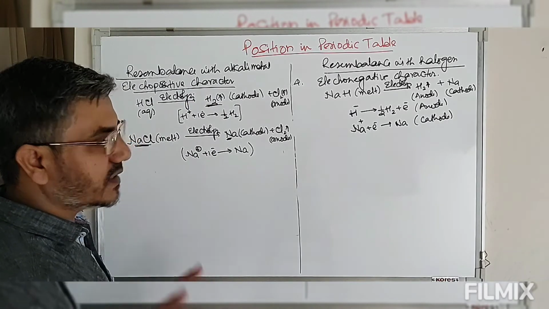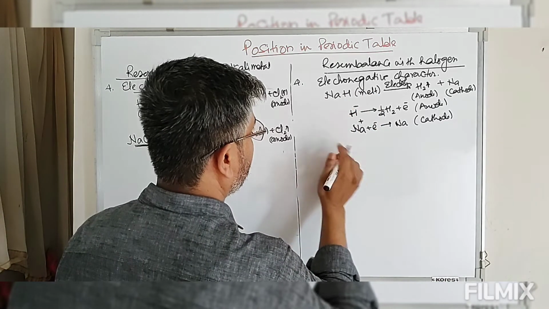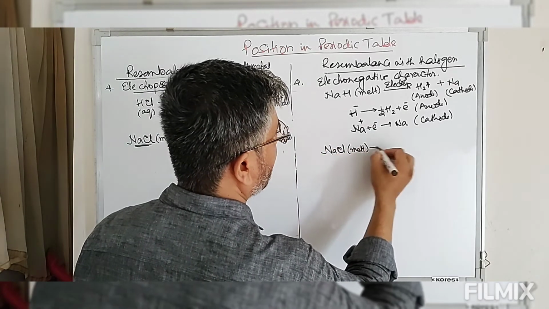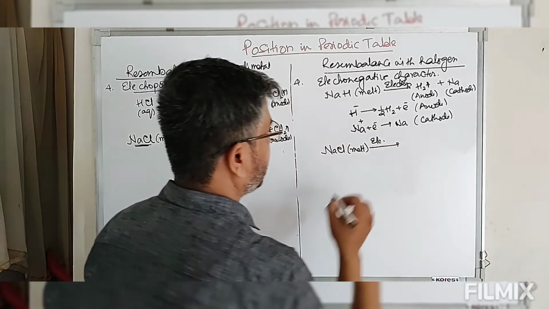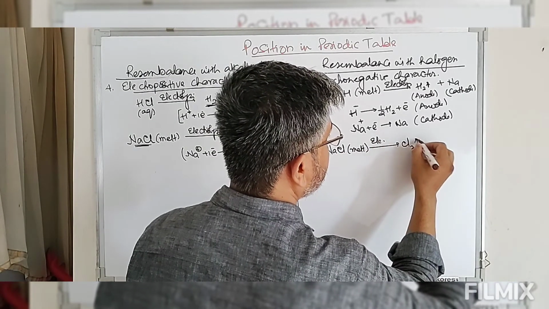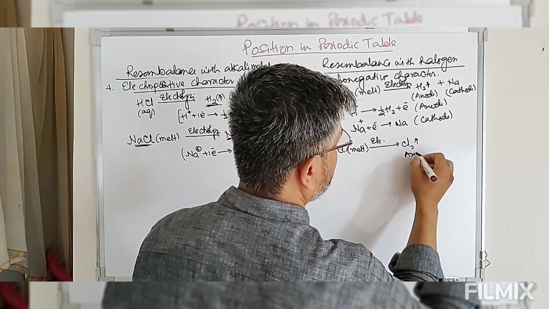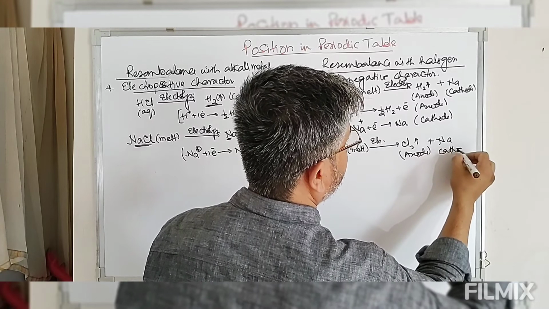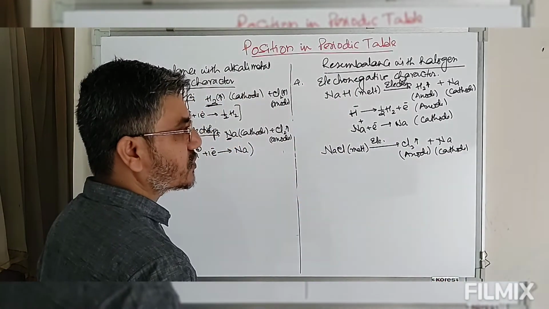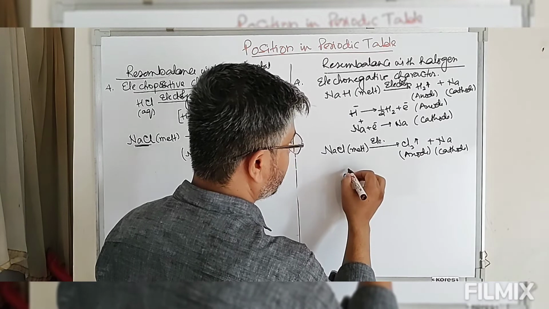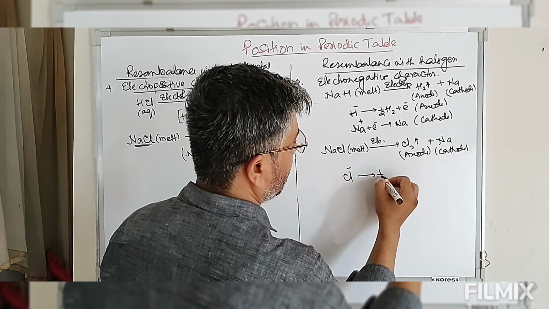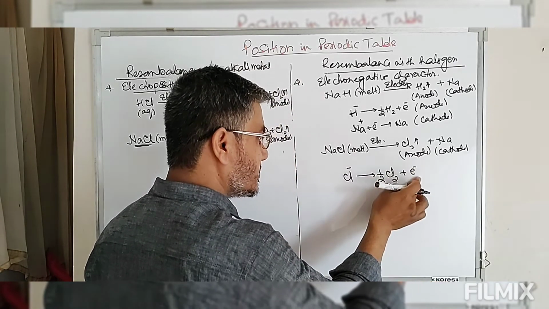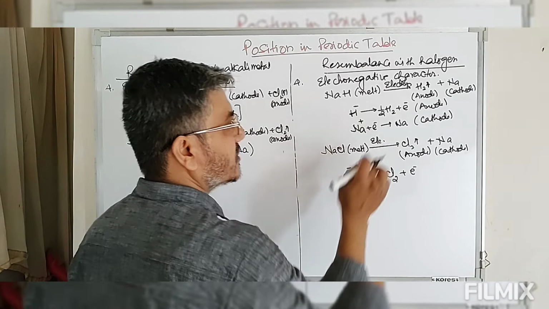Now we take the corresponding compound of halogen. Take this compound NaCl. Again we take this melt. Now on electrolysis, we get chlorine gas at the anode and sodium at the cathode. Again, the formation of this chlorine gas is possible because of this reaction: Cl minus is oxidized to give you chlorine gas and an electron is released. This electron released at the anode is taken up by sodium for this reduction at the cathode.